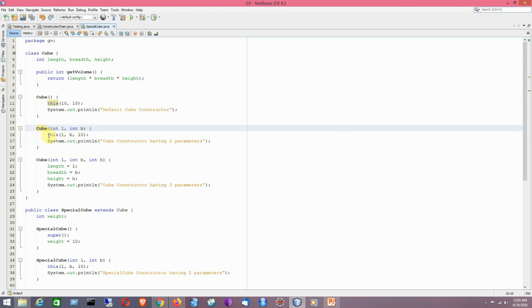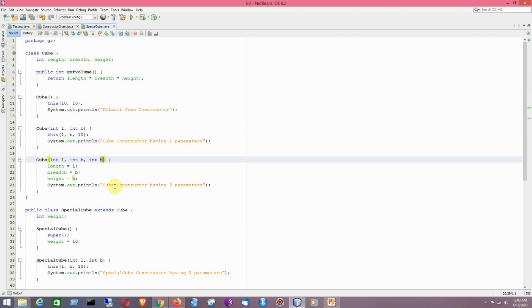Now it is having another this call, so it will be indicating a parameterized constructor with three parameters. Okay, so now from here the control will be transferred to the third constructor. So here the third argument being 10, the value of height will be 10. So in that way length, breadth and height, these three instance fields will be initialized.